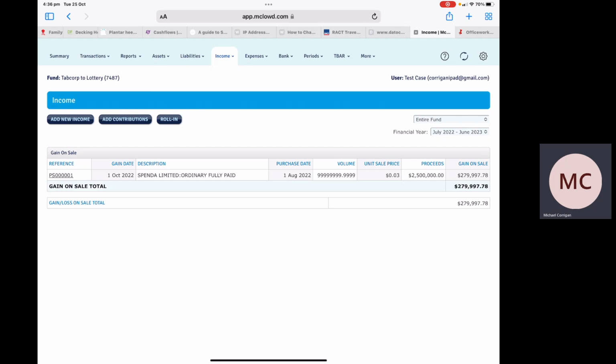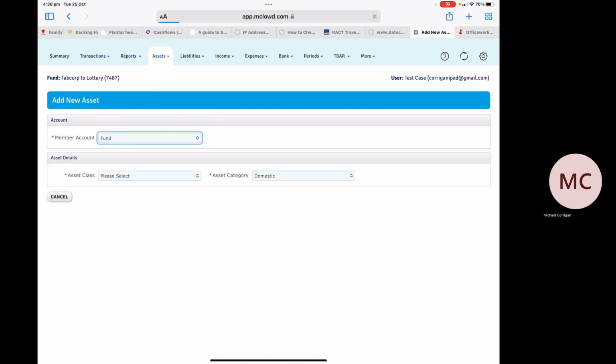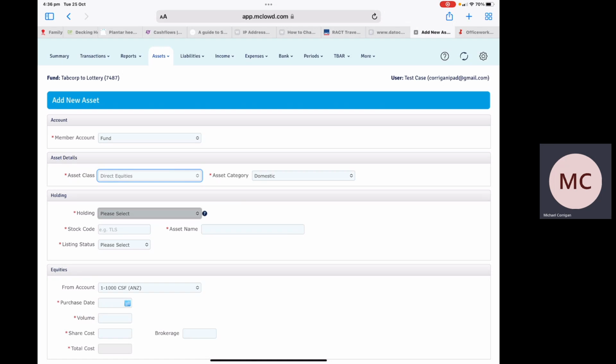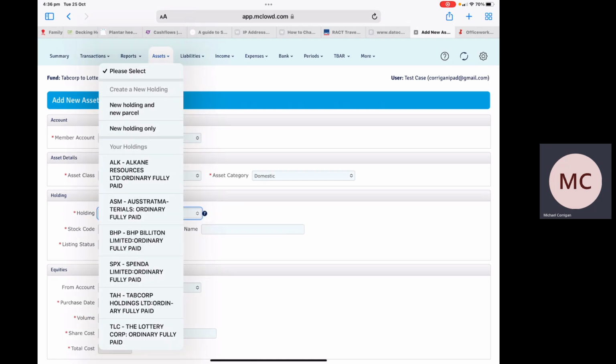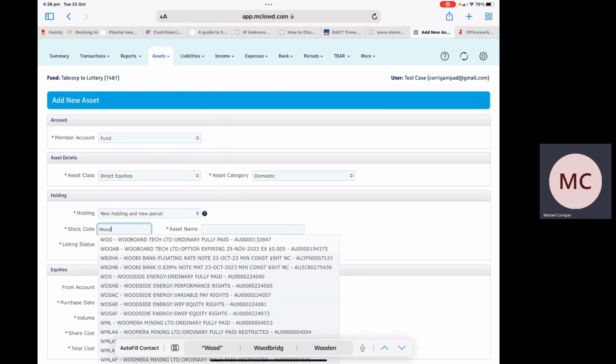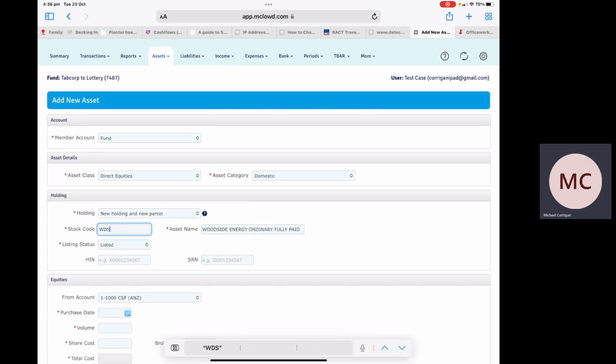Now, what happens next is you need to record the purchase of the Woodside shares. In this particular case, 106 shares were purchased for the amount of that dividend. So you click on add new asset, select fund, direct equities, and then unless you already hold some Woodside shares, you select new, holding a new parcel, and then start typing in Woodside. Eventually you'll find the ASX code, WDS,